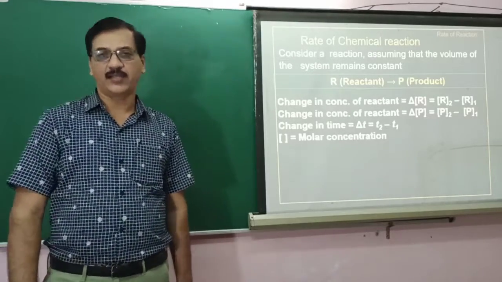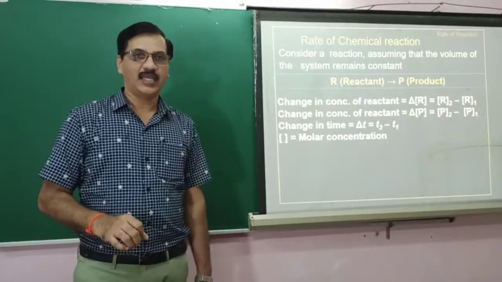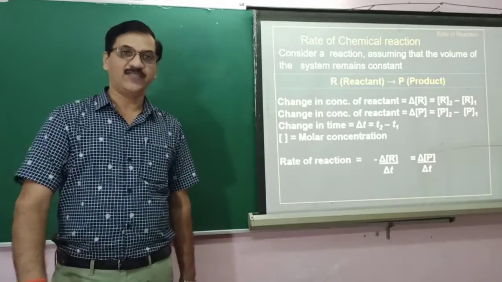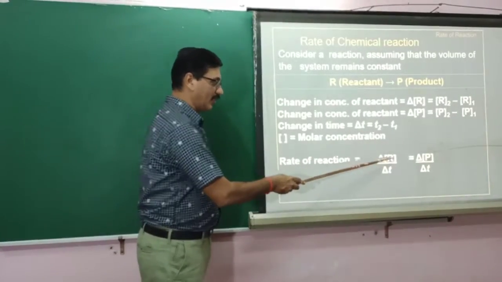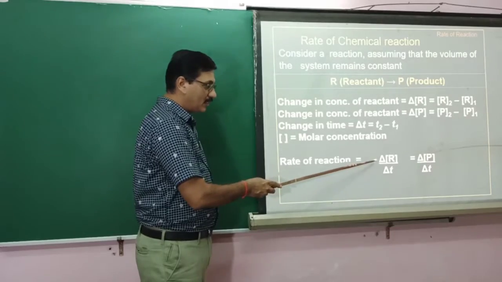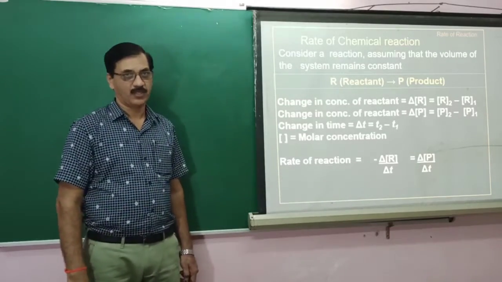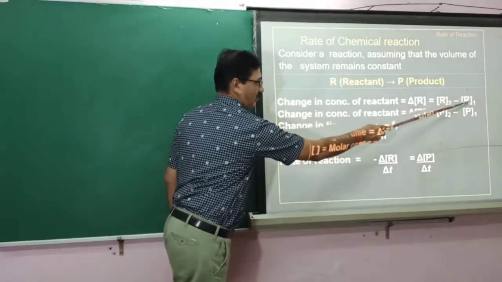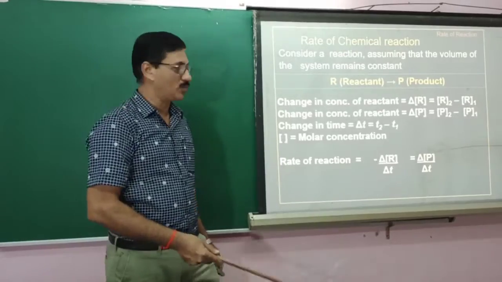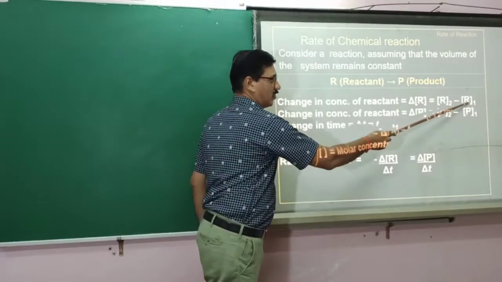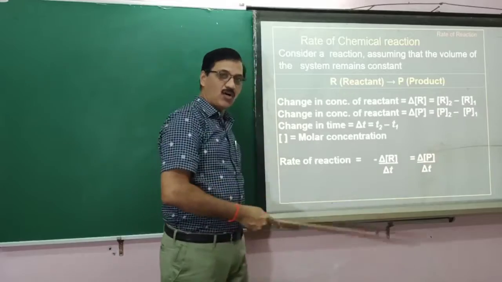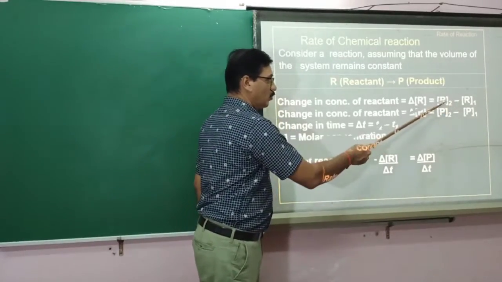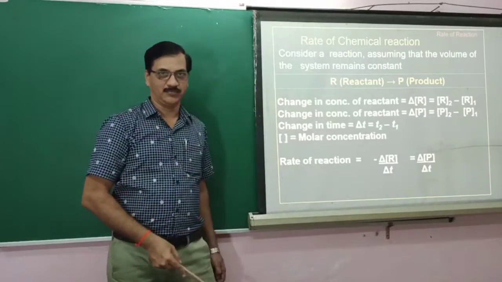Now what is the way that the rate of the reaction can be written symbolically here? The rate of the reaction is change of concentration by time taken, but the negative sign is given here. Let us see why. Look at this, R2 minus R1, which is greater among these two? Is the final reactant greater or the initial reactant? The final quantity of the reactant is smaller than the initial quantity. Smaller minus greater is a negative one.